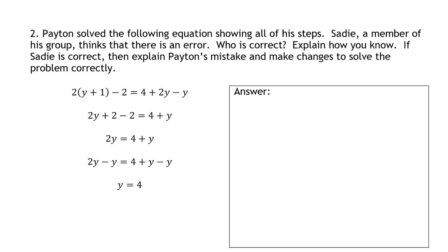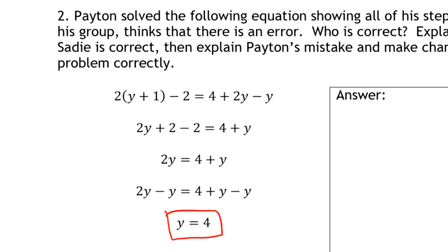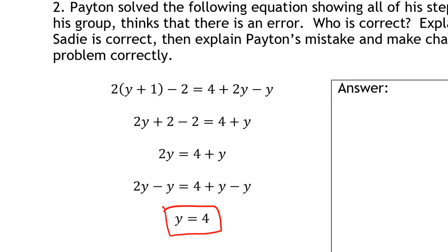Well, I think one of the things I like to do is just consider the possibility that Peyton is correct, and I'm going to check that. If Peyton's answer is correct, it has to be the case that when I plug his value in, y is 4, it has to make the left and right hand side of this equation truly equal. So I'm just going to place the number 4 wherever the y's were, minus 2. On the other side I've got 4 plus 2 times his value of y, which was 4,